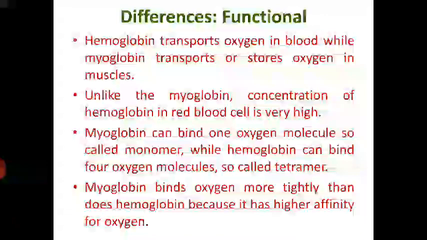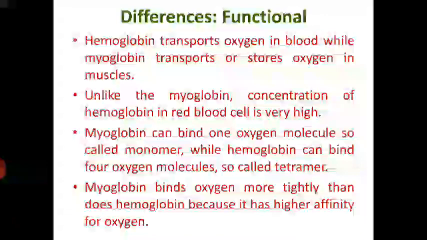So myoglobin has the additional responsibility of storage of oxygen. Unlike myoglobin, the concentration of hemoglobin in red blood cells is very high. Hemoglobin is more abundant than myoglobin in blood because it has to carry oxygen from lungs to tissues of all